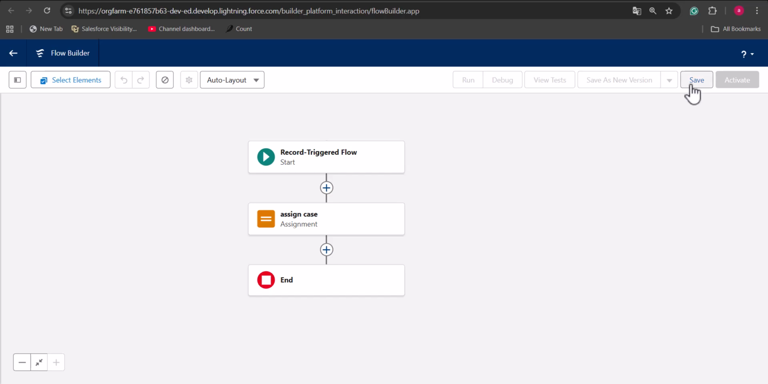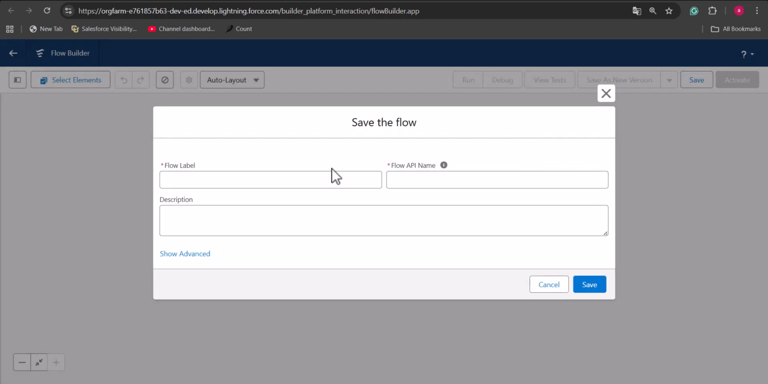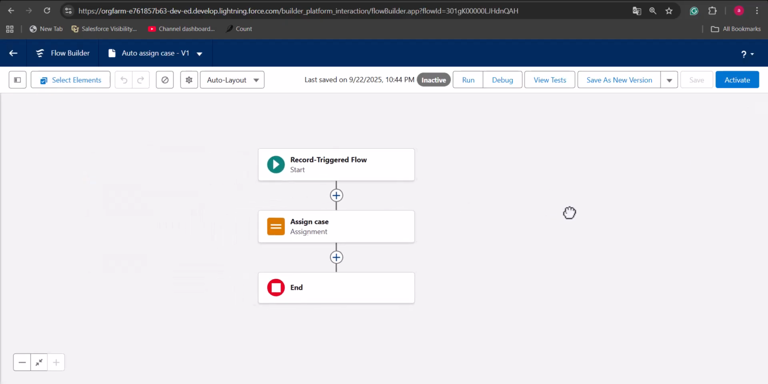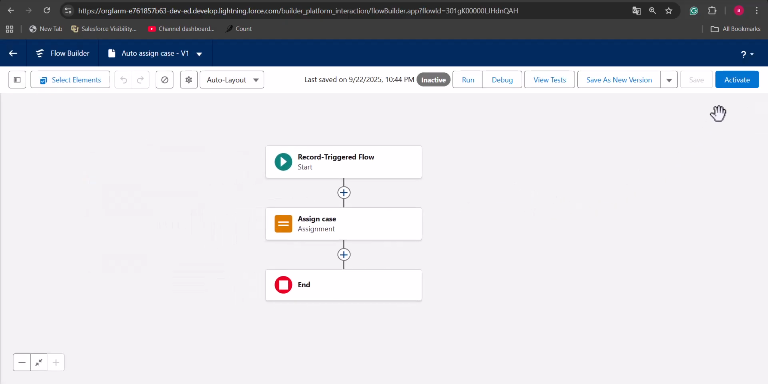So for that, click on the save button, and here enter the flow label. So I'm going to label it as auto assigned case, and the flow API name will be auto filled, and after this click on the save button. So as of now we have saved the flow. So after saving the flow we need to activate it. So for that, click on the activate button,